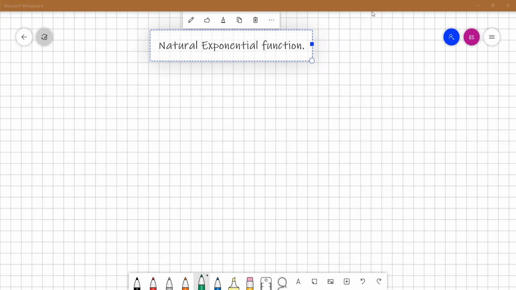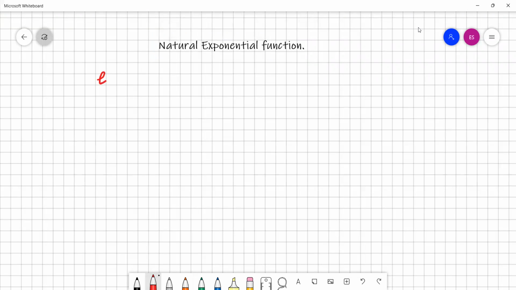Hello everyone, today we are going to talk about the natural exponential function. First we are going to start with the definition of a very special number, the base of natural logarithms, also known as the number e. Well guys, I'm going to define it like mathematicians define it. The number e is defined as a limit,